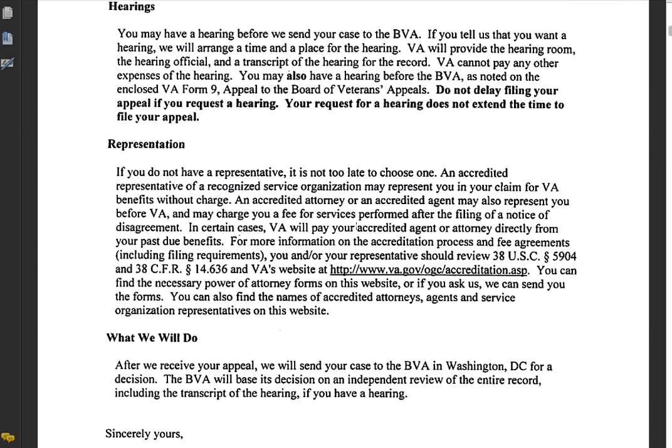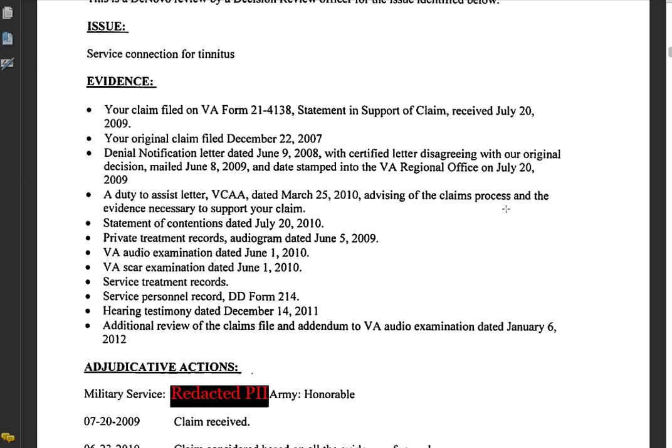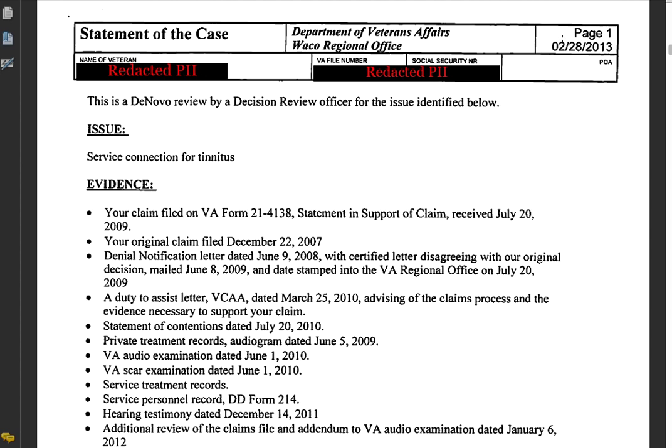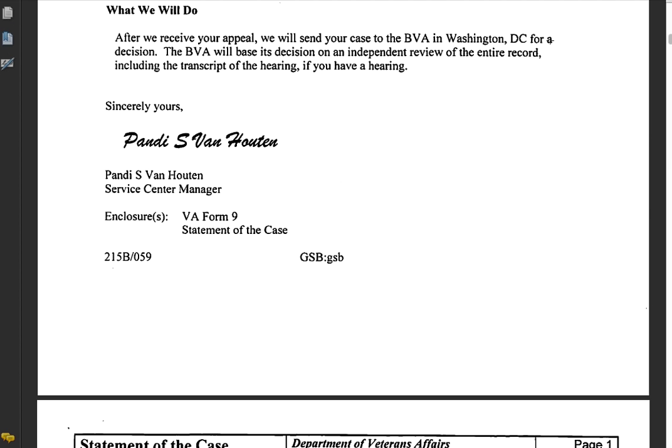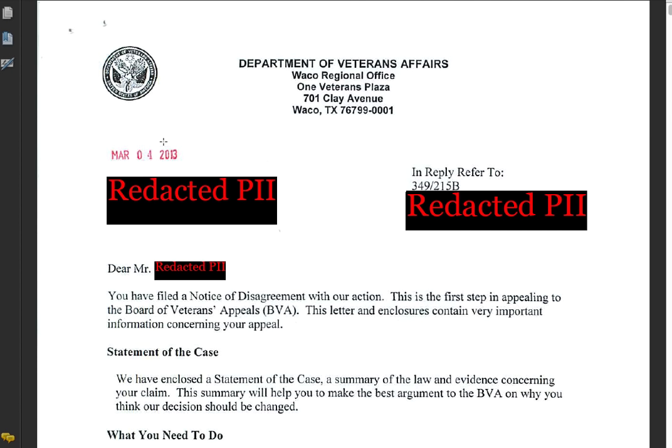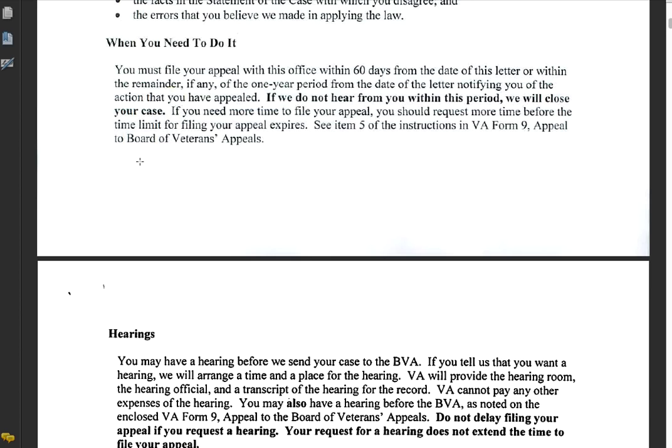But if you roll on down to the statement of the case, you see that it is actually dated February 28th, 2013. So that's a 4-day difference. I forgot February didn't have 30 days, but that's a 4-day difference right there. And so if you guess wrong, you're going to be 4 days late possibly for your VA Form 9. So the safest thing to do, while I think that that date that's stamped on the cover is probably most likely the date that it was mailed,